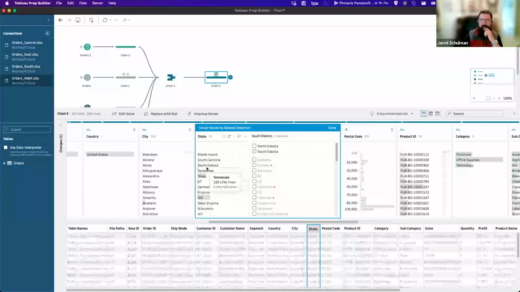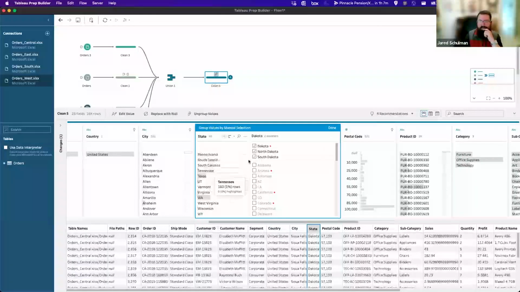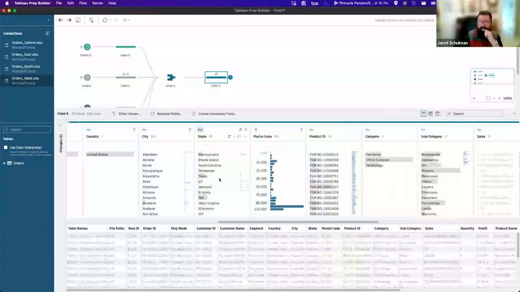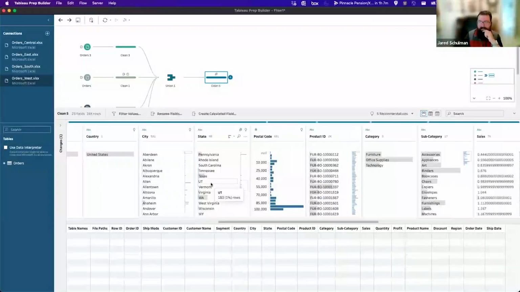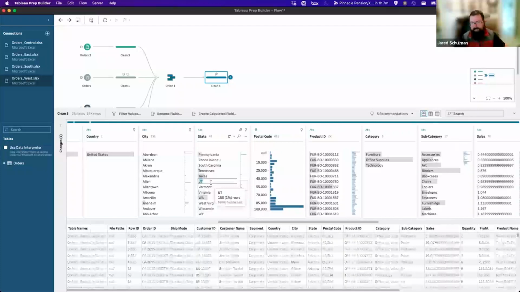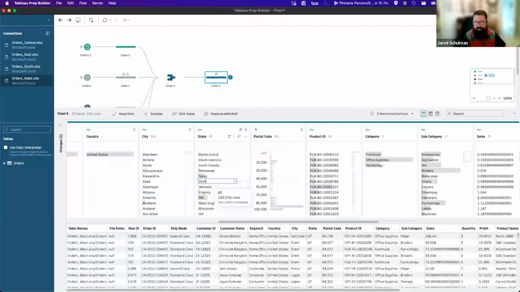And so even when it's not just renaming one value, we can take this value of Dakota that didn't exist before and group North Dakota and South Dakota in under it. And I'm going to undo that because we don't necessarily want to do that.